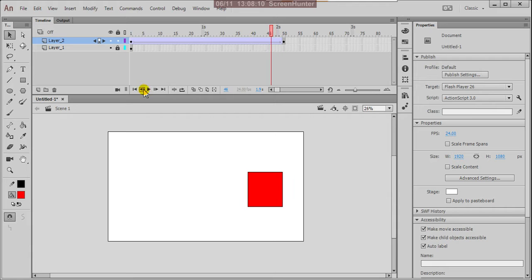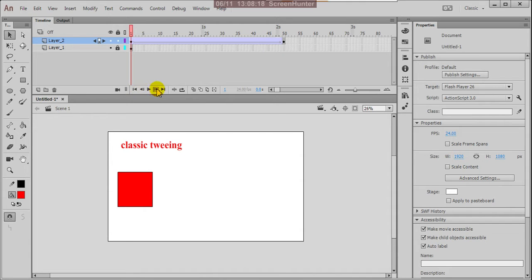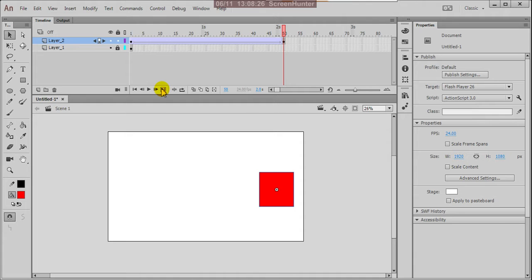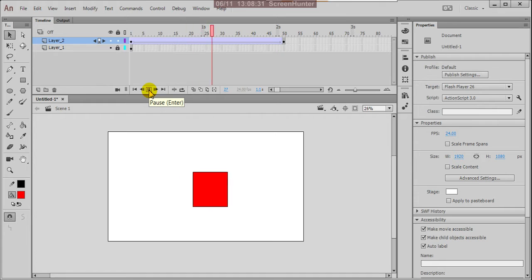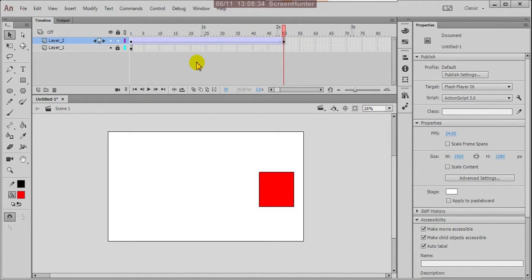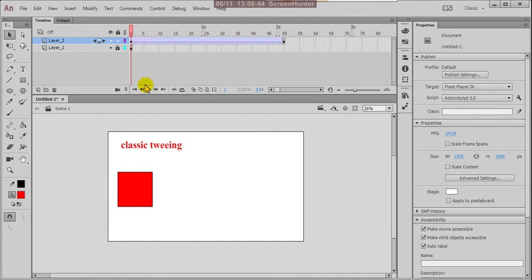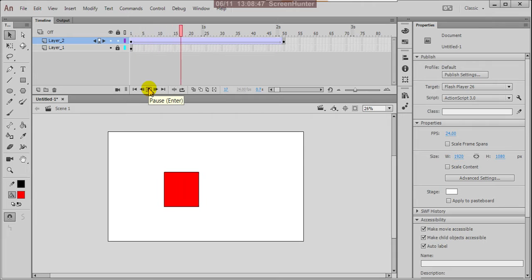You are moving step by step, and here go to first frame, step forward, and go to last frame. So this is an internal Flash player. Anything you draw and want to animate, after animation, to check your preview, you can click on this play button.